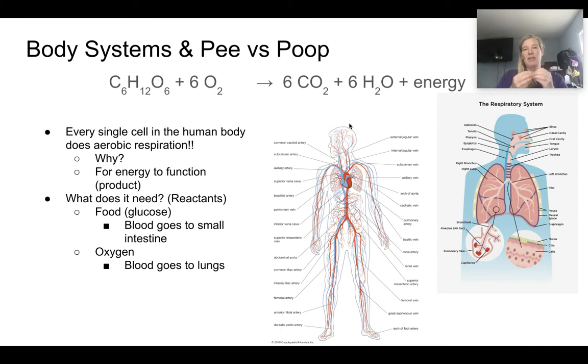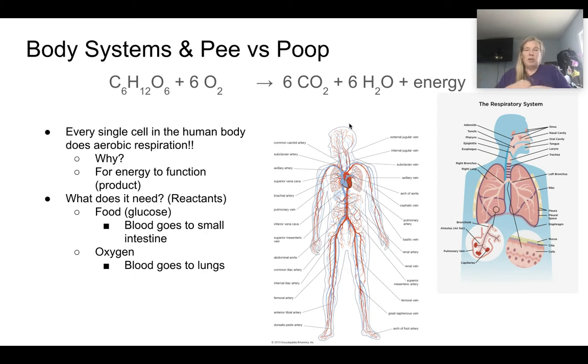It breaks it down eventually into glucose for all the cells in your body. So every single cell in your body does aerobic respiration. So the food you eat is where the sugar, that glucose, comes from. The air you breathe is how you get the oxygen in. Okay. So the food gets absorbed into your bloodstream in your small intestine. So your blood goes by the small intestine, and there's lots of contact between the small intestine and the veins flowing through there to grab glucose,